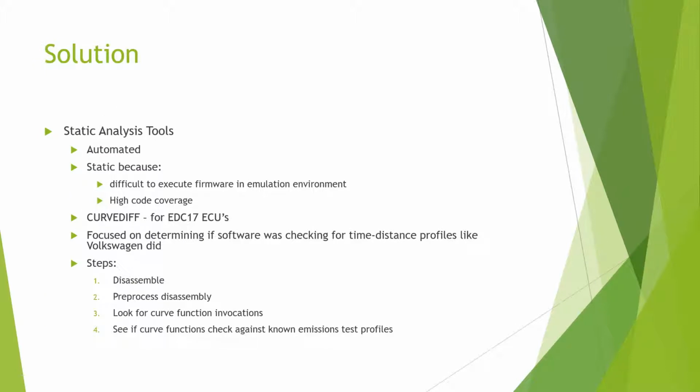The authors proposed a static analysis tool as the solution. It analyzed their firmware. They wanted it to be automated so that they could cover a lot of firmware without much work. They wanted it to be static because it was difficult to run the firmware in an emulation environment, and because they wanted to get higher code coverage than dynamic analysis might be able to achieve. Their solution was called CurveDiff, and it was specific to the EDC-17 ECUs that were used both by Volkswagen and Fiat to